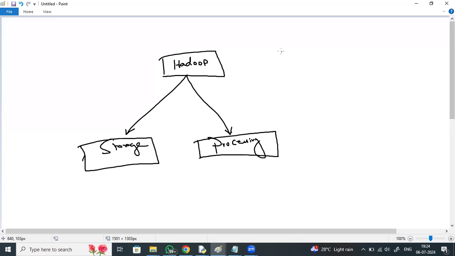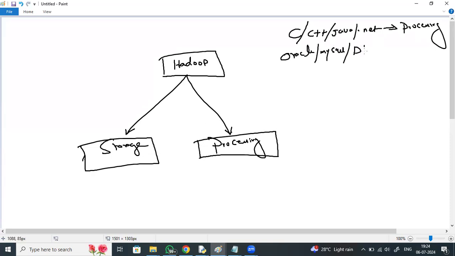For example, C, C++, Java, .NET are all meant for processing. Oracle, MySQL, DB2 are all meant for storage. But Hadoop is meant for both storing and processing.